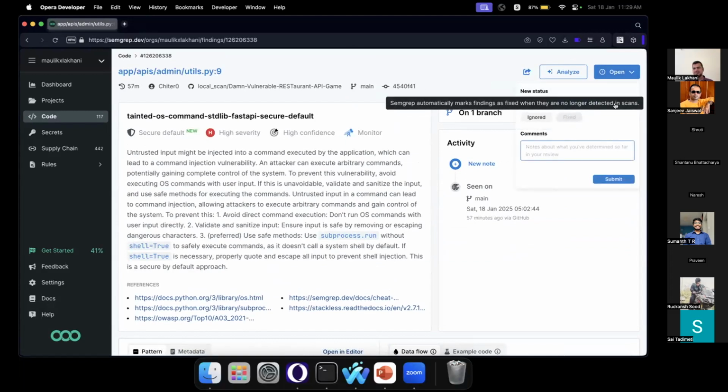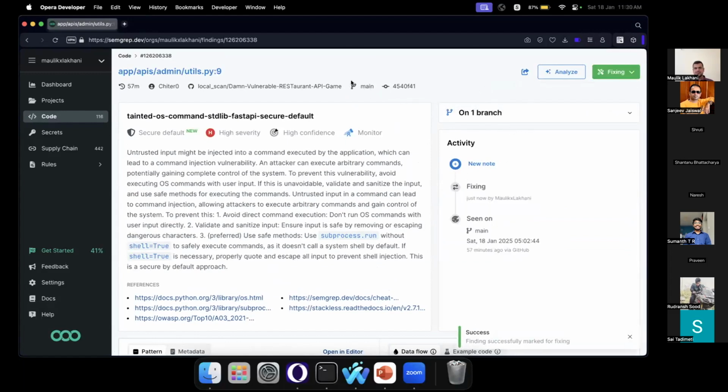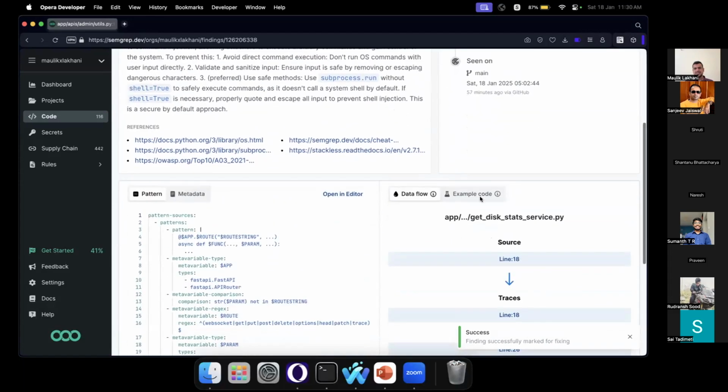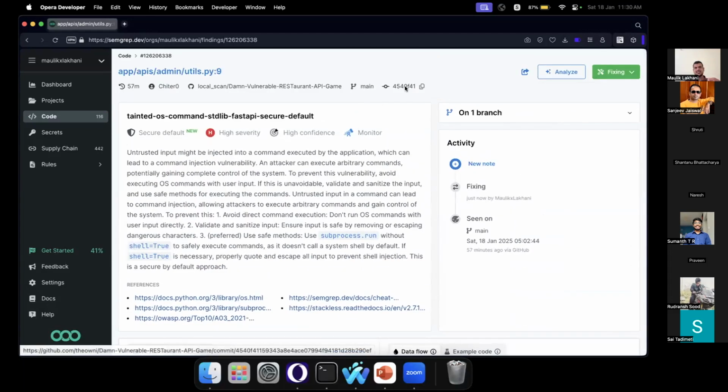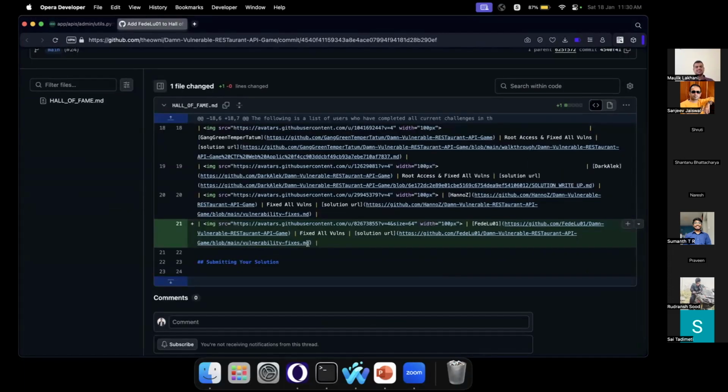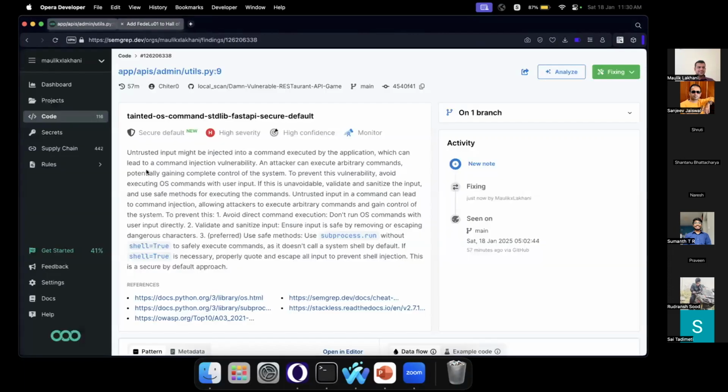So you can say that the security issue is open, and I'm trying to fix it and all of that. So you can have tracking of that security issue here itself. If you want to see that exact code, you can click on that line and say that, hey, this is that exact security issue or something like that.